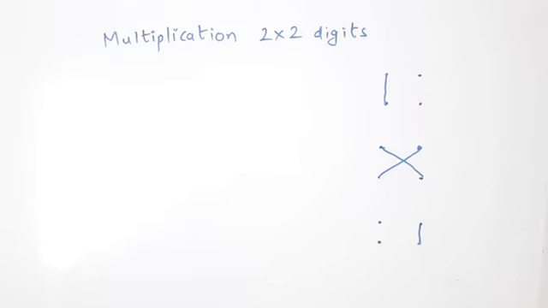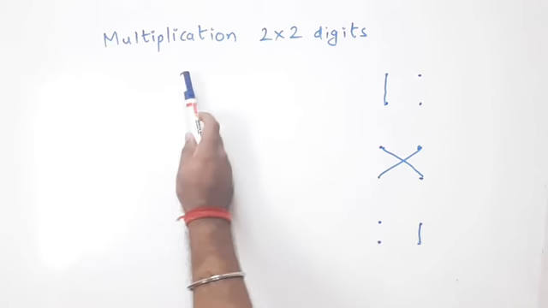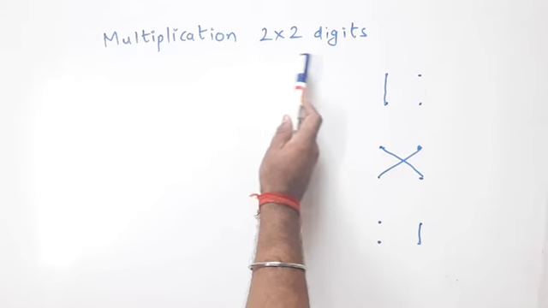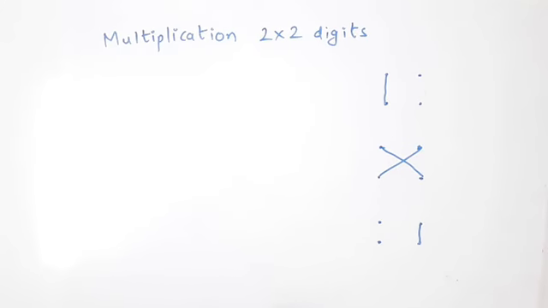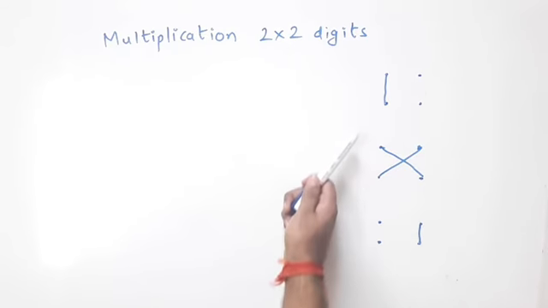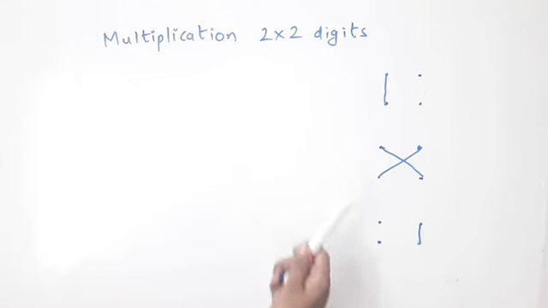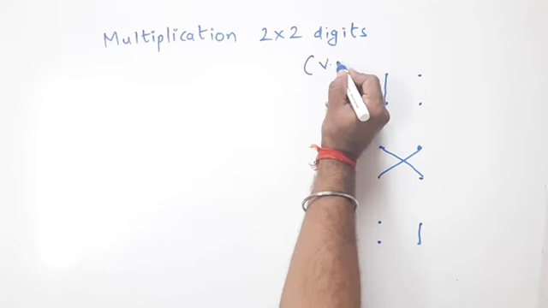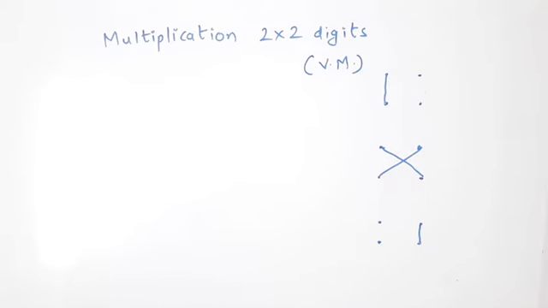Hello kids, so today a very important trick, multiplication of 2 into 2 digits, we'll be learning. Okay, we have to follow this IXI pattern. And this comes from Vedic mathematics. So just pay attention. Few steps, if you remember, your speed of calculation will be much faster than the traditional pattern